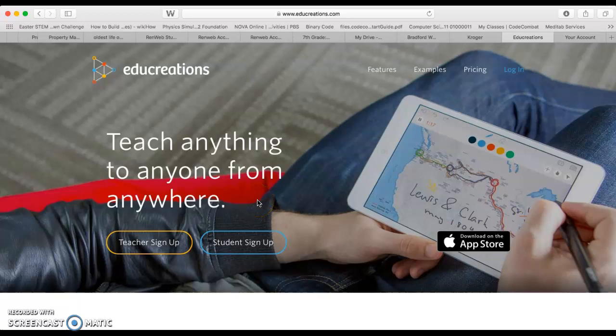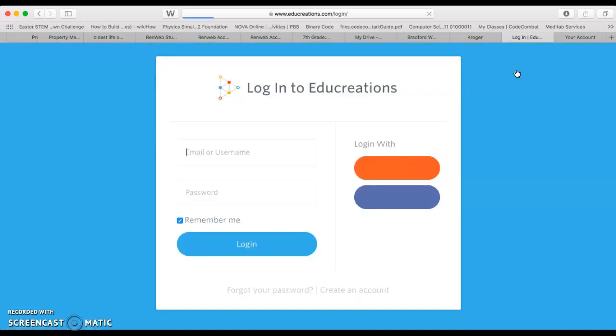Okay, today is the day where you will be creating your EDU creations over one of the topics from our unit. You will be helping to reteach topics to us so you can all succeed on your first test this year. So first of all, you're going to need to go to EDU Creations and log in the way that we practiced. Remember, you can log in with your Google and use the student code that was provided to you